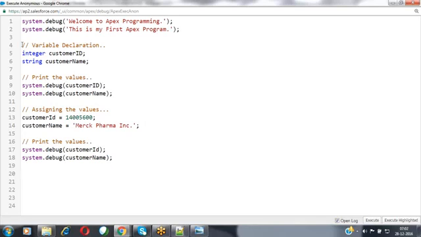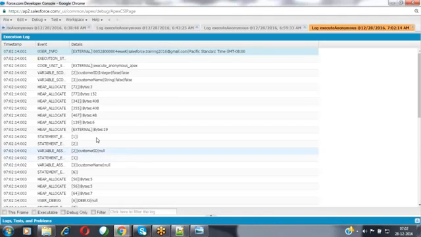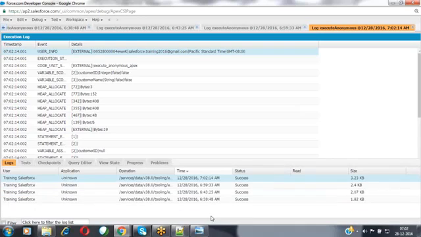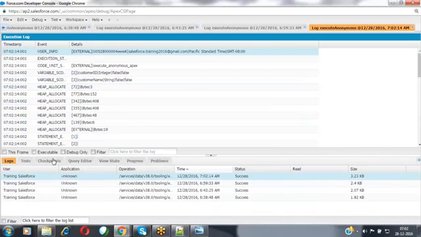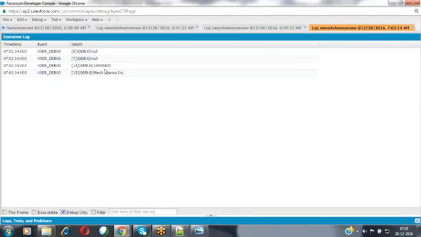Now, once you have written this code, I would like to execute it. Select those statements, click on execute highlighted. The lines of code we have selected will be sent to the Force.com platform. It has executed that and generated the log file for you. Sometimes if the log file is not visible, you can go to the developer console, go to the tab bar, and click on the logs tab. You can click on the recently generated log file over here. Now select the debug only checkbox. Now it is going to display that information to you.